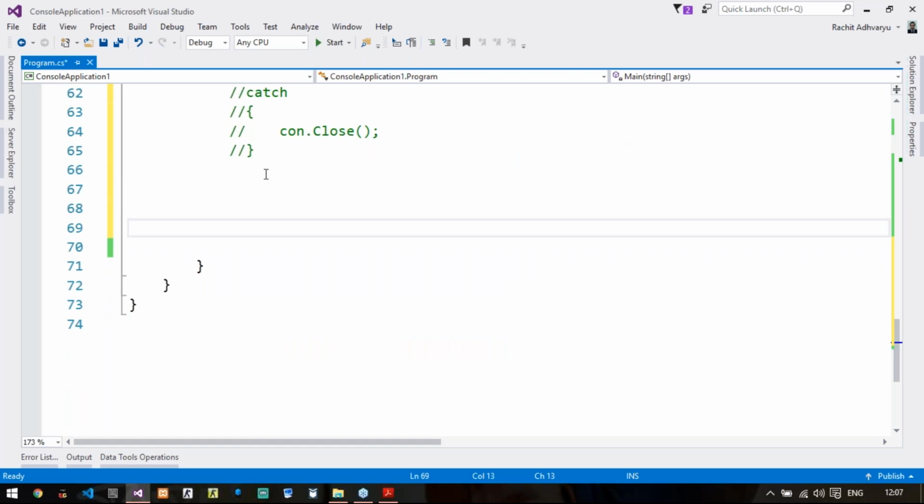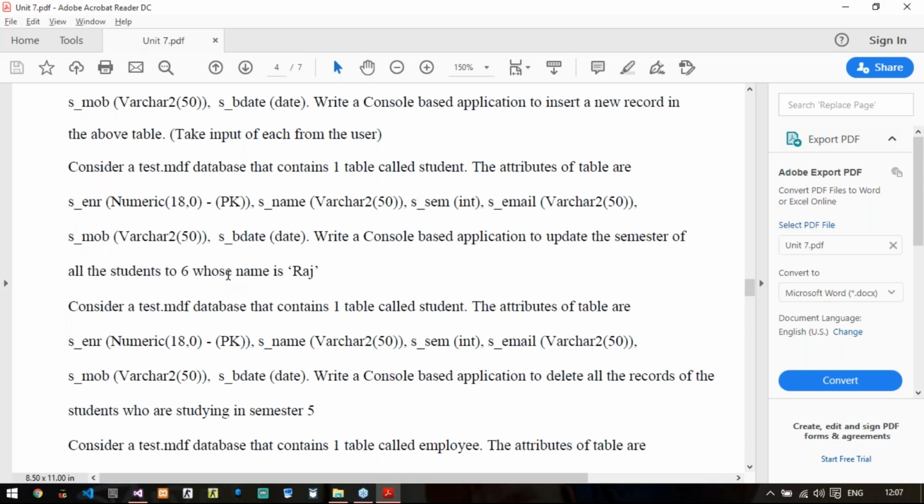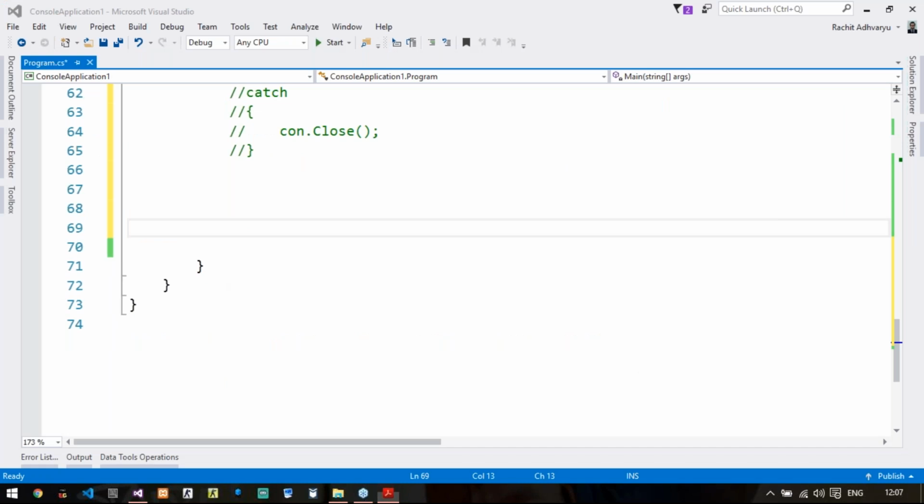So my update query will be like this: string upt equals to update, and then directly the table name. My table name is student. Then we have been asked to update the semester of students. So we will write set, and what is the column name of student semester?